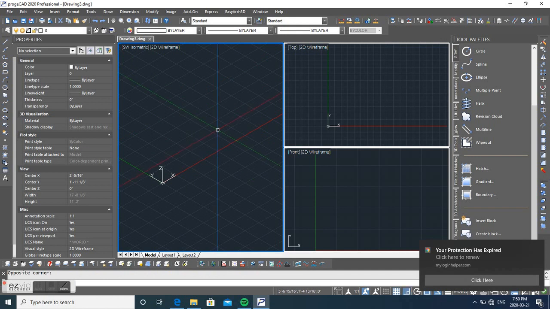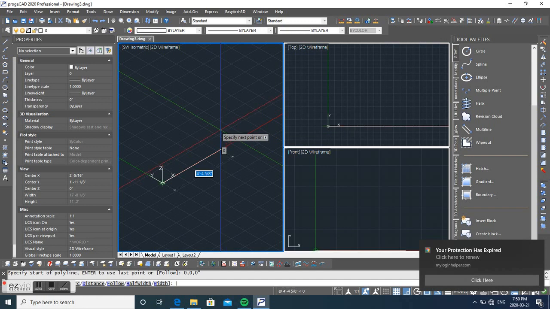In this video, I will show you if the actual LSP program of AutoCAD will work in this ProgeCAD. I have this LSP that I created couple of years ago,